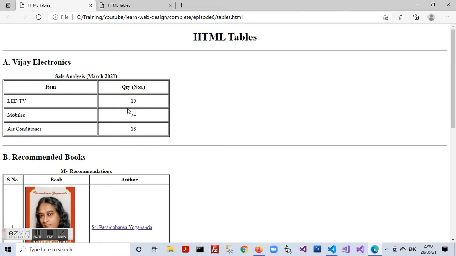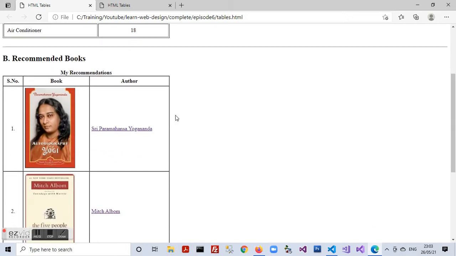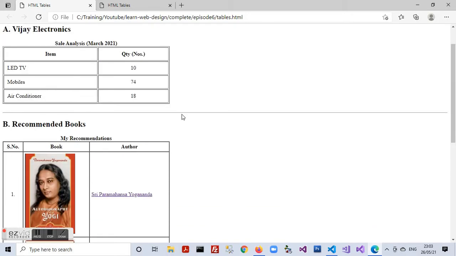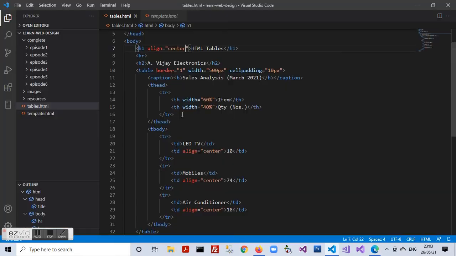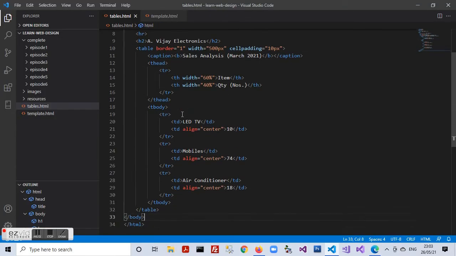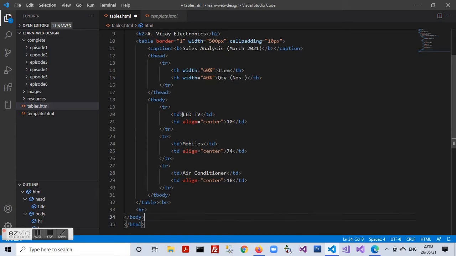So we'll add that, and we have a second table with a heading, recommended books, and a caption, my recommendations. So let's start off coding the second table. We'll start with the horizontal line. I'll give a break tag out here in the horizontal line, and I'll start with the other table. I'll say table border equal to 1, width equal to 500 pixels,